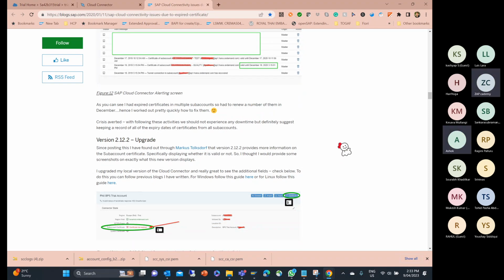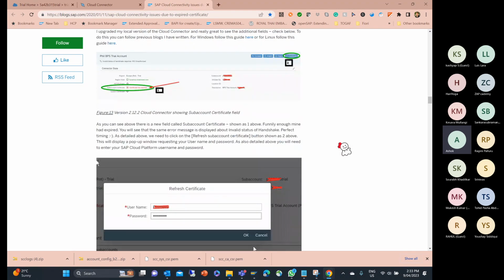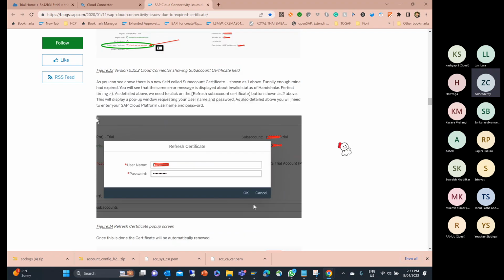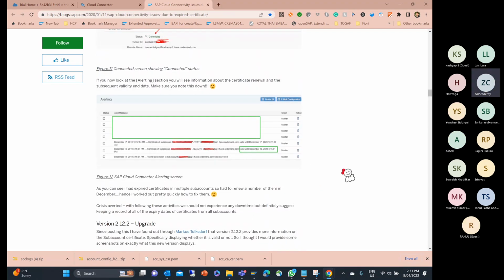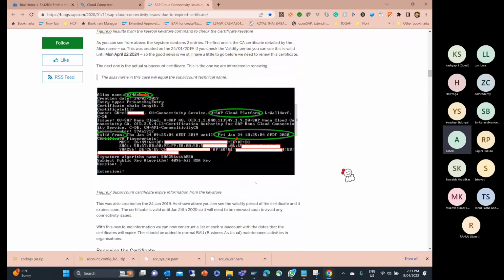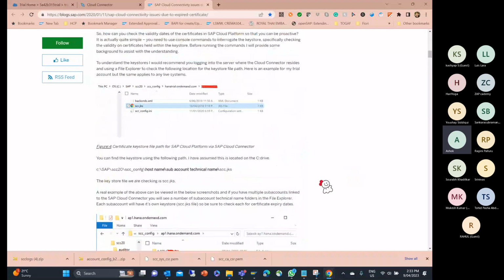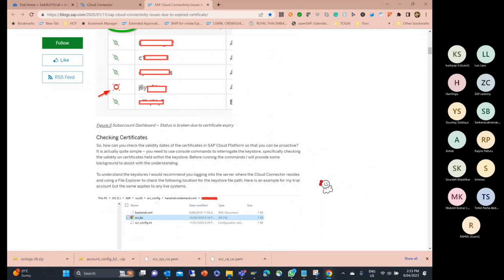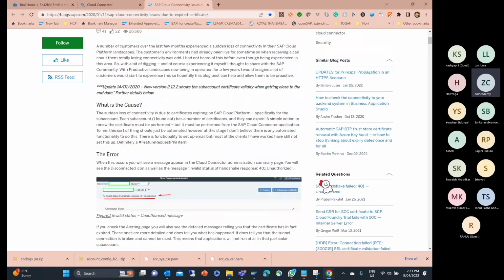I want to upgrade. Okay. Down. This refresh certificate is not working for you. That's what I'm just thinking. What should be the issue? Because most of the people are saying if you refresh the certificate, it should automatically resolve that issue. This one I'll check. But